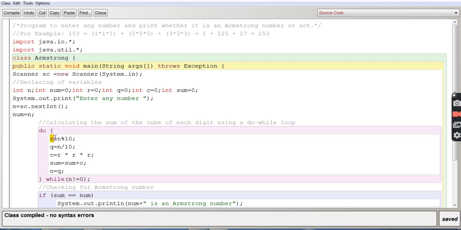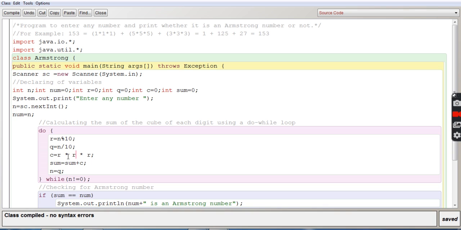It will simply get into the body of the do while loop and it will find the remainder. Can you see r is equal to n modulus 10? So this is the modulus symbol, and this modulus symbol is going to give you the remainder. So n divided by 10, 153 divided by 10, remainder will be 3. Please remember, write in the copy r as 3, r for remainder. Now q for quotient, n divided by 10. So 153 divided by 10, quotient will be 15. So please write in the copy in the rough column q for quotient.